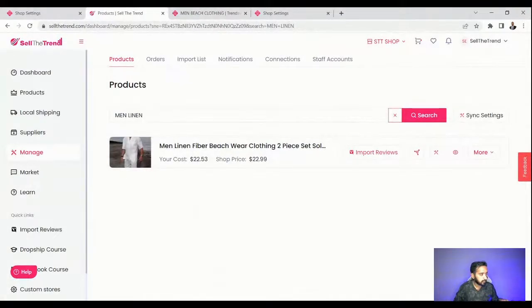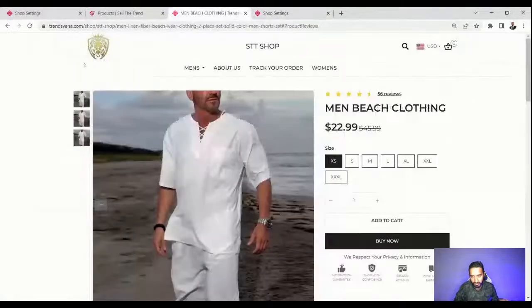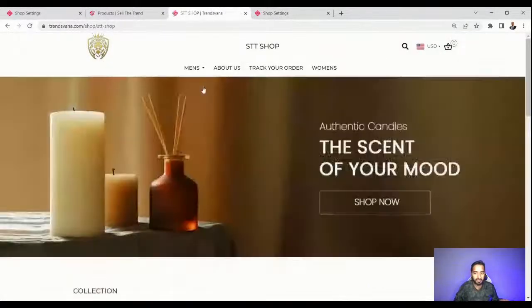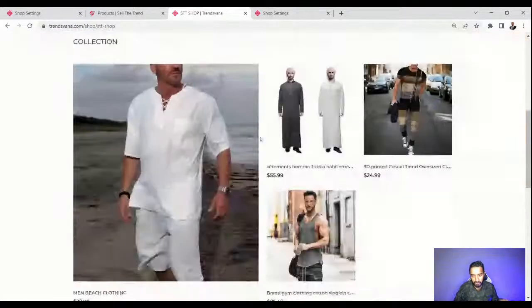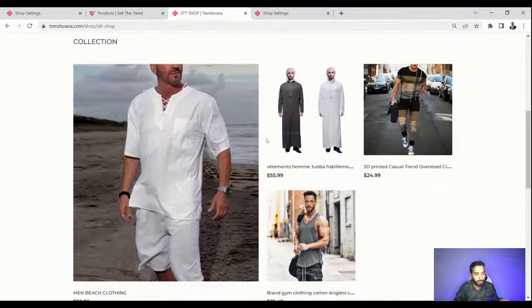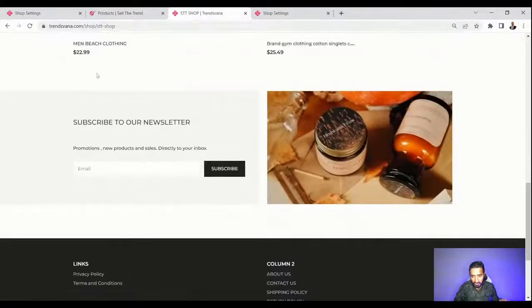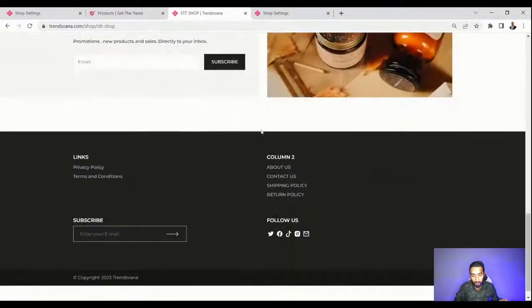So guys, just let me know. I'm just going to show you how the website looks, right? So this is the home page that I've designed. This is the logo. This is the header section. I've talked about adding a track your order and about us navigation menus. These are the currencies people can choose from. This is the banner image. This is the collections. You can see the product images are really good. They're high quality images. You can include a newsletter section, you can include a photo section, and this